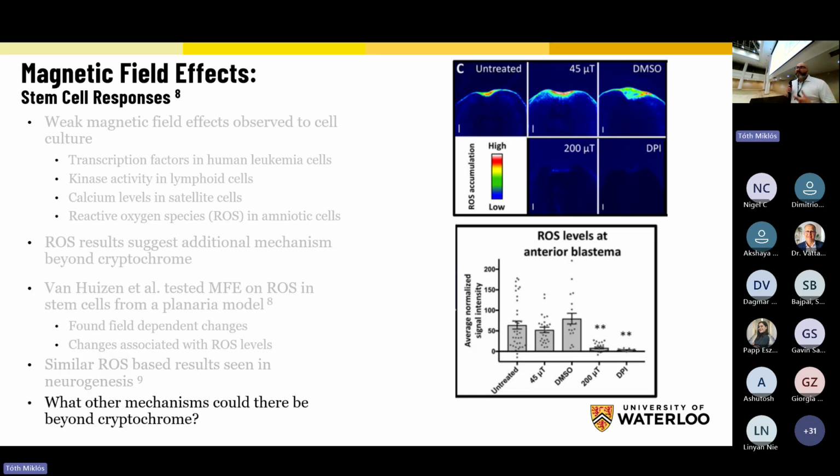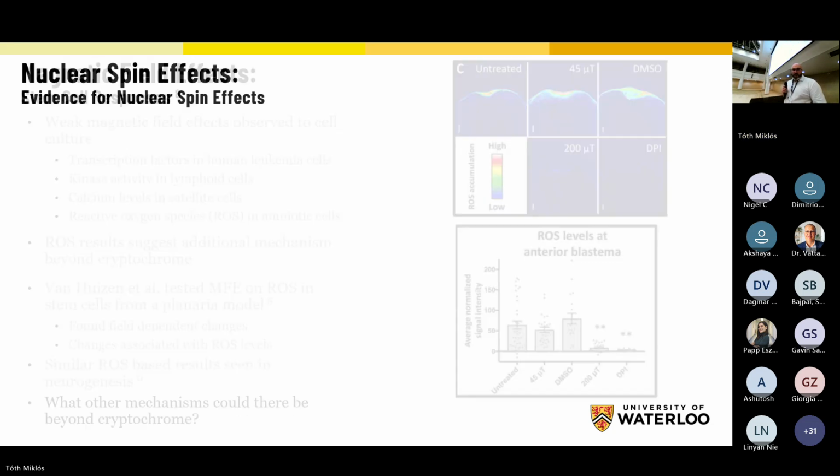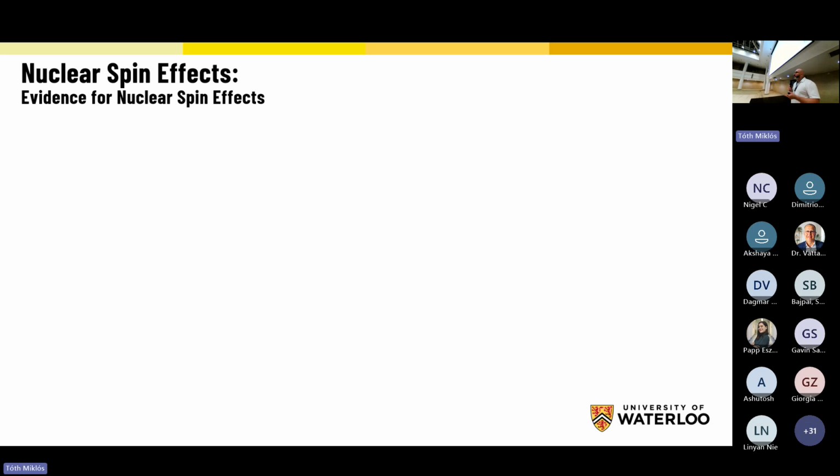But it does lead us to question: if there is this other potential mechanism beyond cryptochrome, are there other potential mechanisms that could mediate weak magnetic field effects? What other things are there beyond cryptochrome that can drive weak magnetic field sensitivities in biology? So one of the areas that I'm interested in is particularly, like I mentioned, the imbalance of metal ions within the brain. And so this naturally leads to looking at things like metal isotopes, or specifically metal isotopes that change